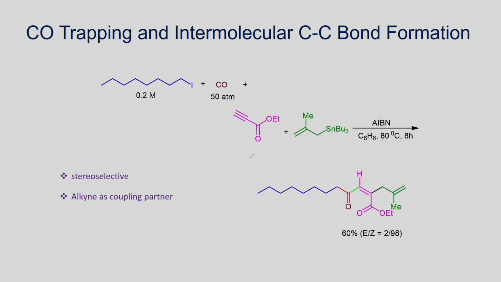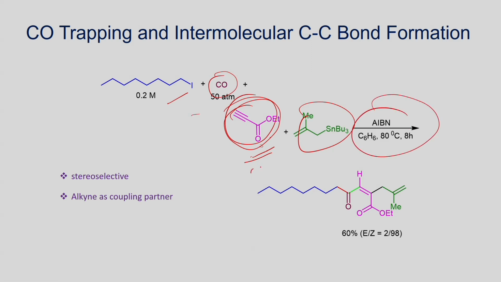Another interesting example is shown. We have just seen the reaction with alkyl iodide, carbon monoxide, acrylonitrile and allyl tin, and in place of acrylonitrile here you have this alkynyl ester derivative. This also can be coupled under similar conditions to give this coupled product. As we have seen, you form the alkyl radical. This alkyl radical can react with the carbon monoxide, and you can get this carbonyl radical. This carbonyl radical can now undergo addition reaction. In this case, you can see here it leads to addition with this triple bond.